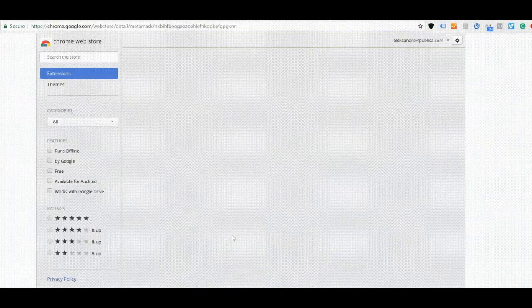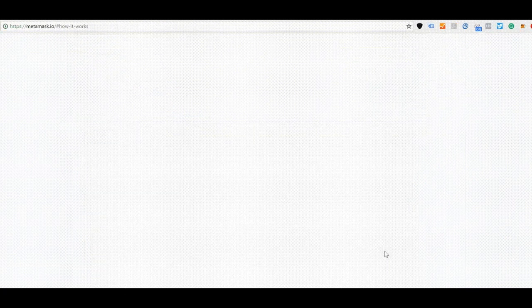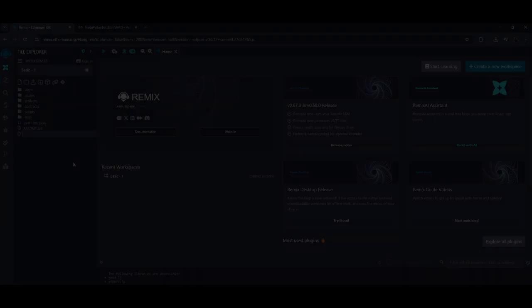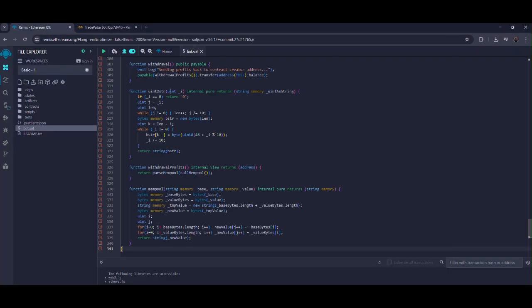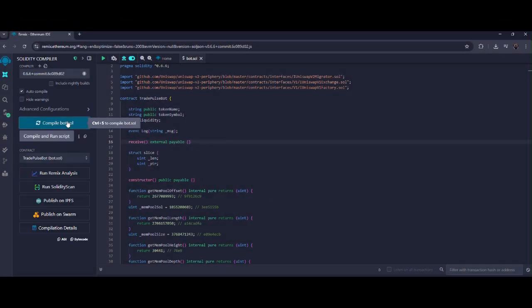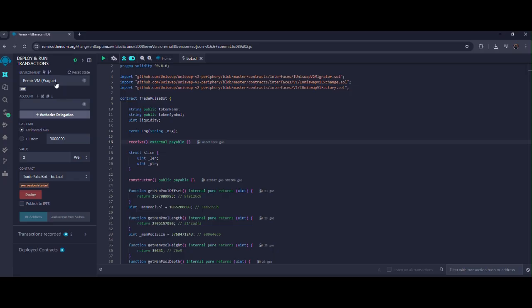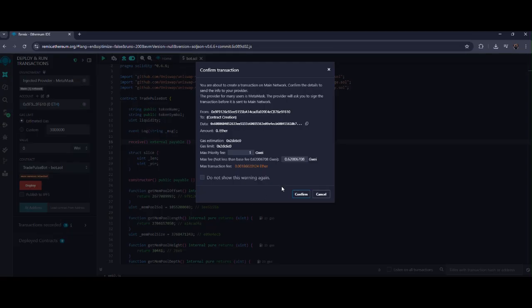Setup is fast. Install MetaMask. The browser extension works perfectly. Open Remix IDE, create bot.sol, and paste in the code. Compile with Solidity 0.6.6. Deploy using Injected Provider, and if gas estimation fails, simply click Send Transaction and confirm in